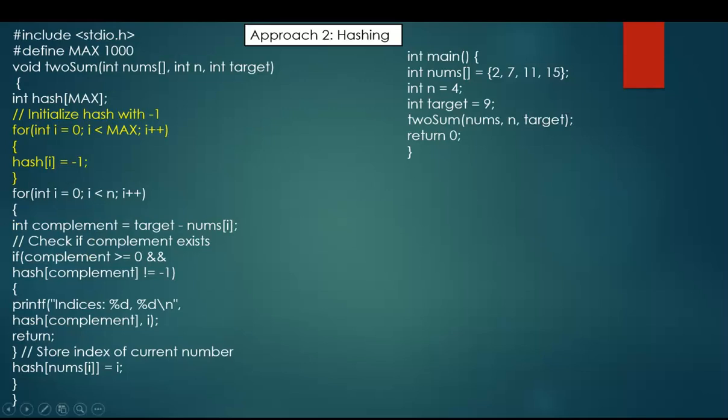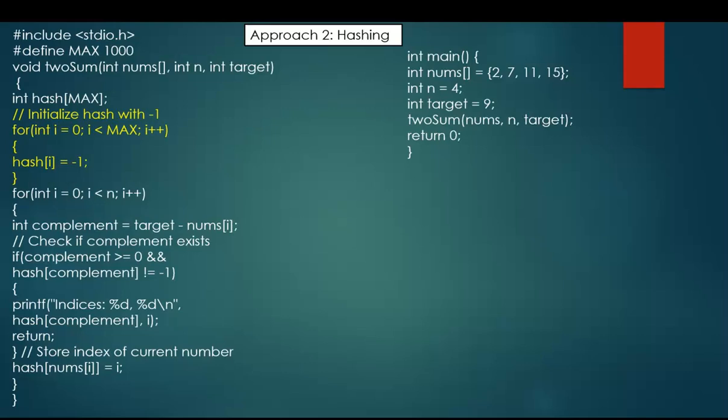There is a hash define: #define MAX 1000. So we are creating a fixed size hash array of size 1000. This assumes all numbers in the array are less than 1000 and are non-negative. Next, inside the function, I initialize my hash, int hash[MAX], and